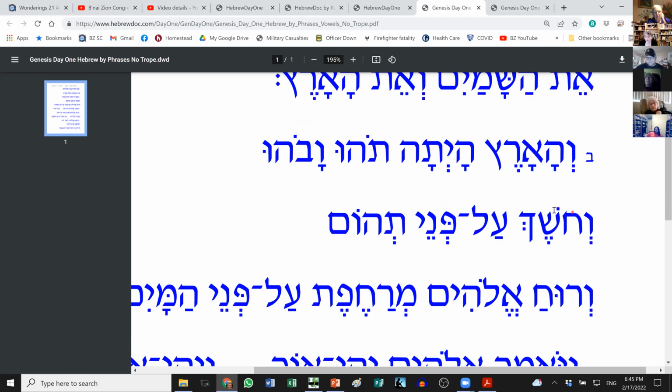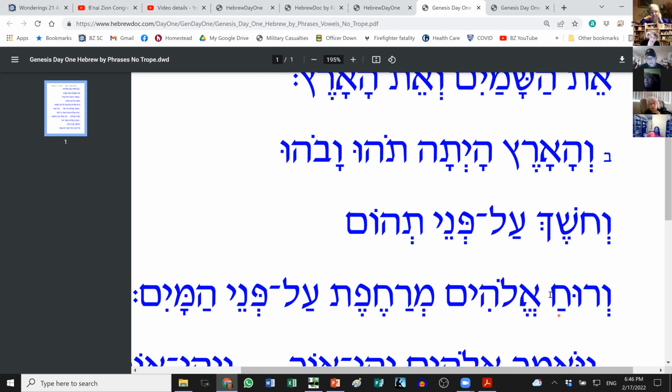V'choshech. And in this one, I want to point out the choshech, the O dot is what I call a double duty dot. That the O dot for the chet is also the shin dot for the shin. V'choshech al panei tehom. It's a very deep word. And then it says